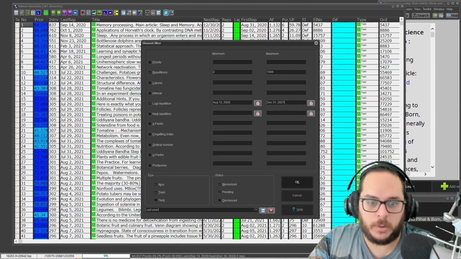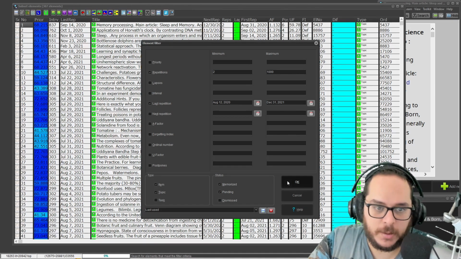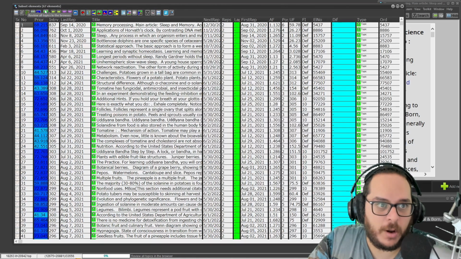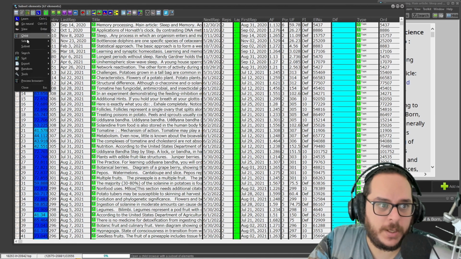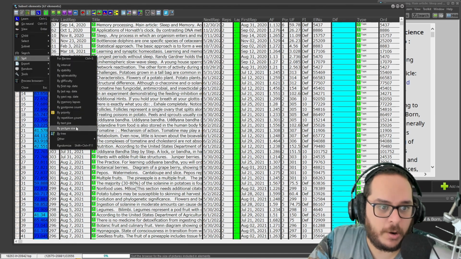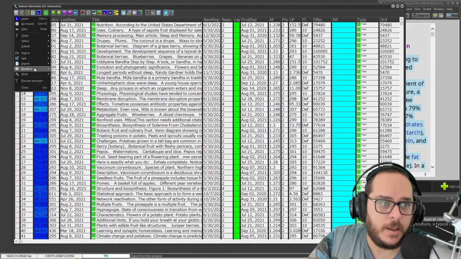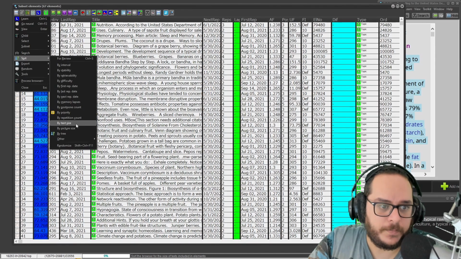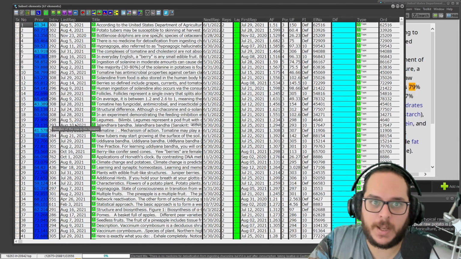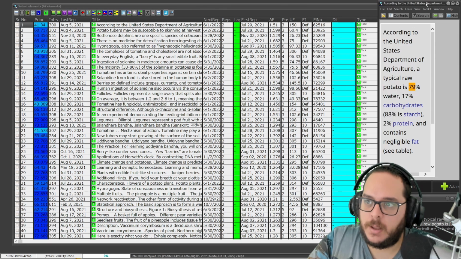I will be doing this range. Now I only have 67, and now I sort by the shortest. I need to click text size, I get the largest, so I need to do it again. And now I get the shortest. Look at this. According to the United States Department of Agriculture,